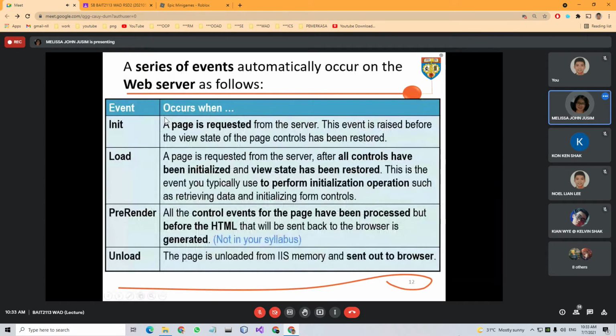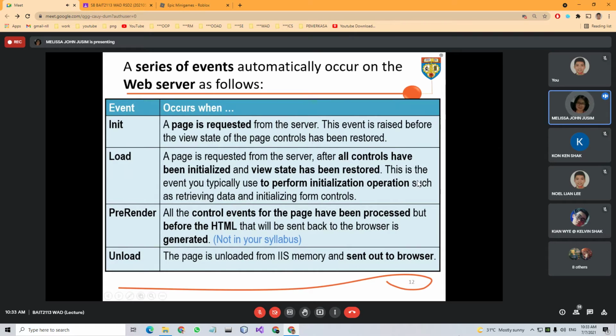When you see our page is loading, a series of events occur on the web server, automatically for us. First, my page is requested from the server. In my case, it's an IIS server. Then during the loading, all the controls have been initialized. What are the controls that I have? The label, the text box, the button.